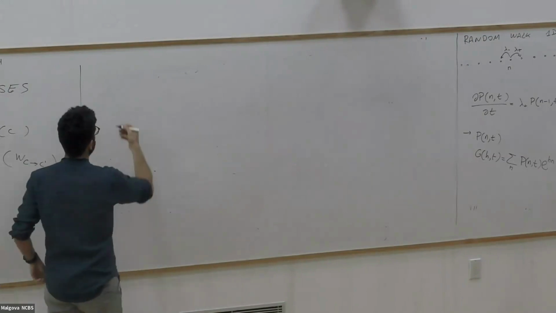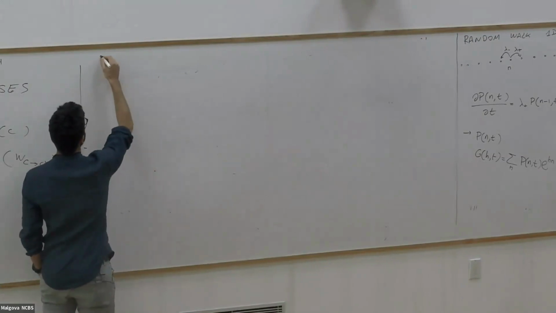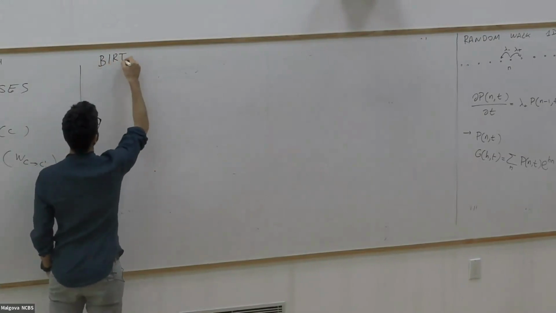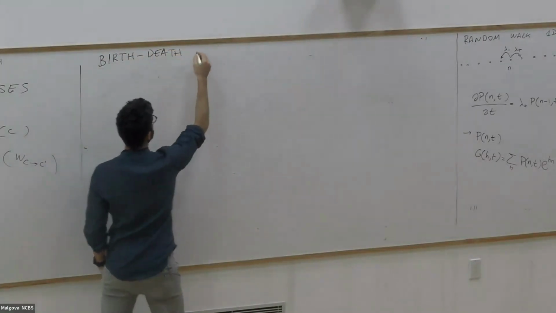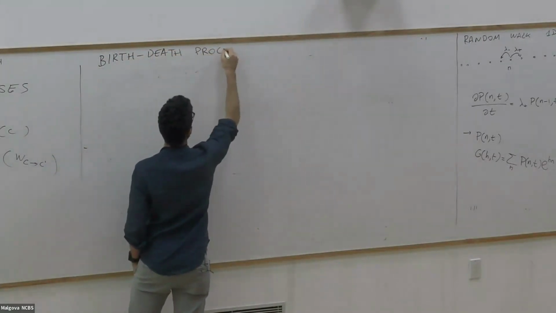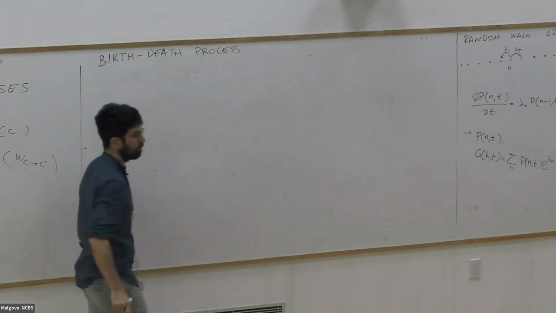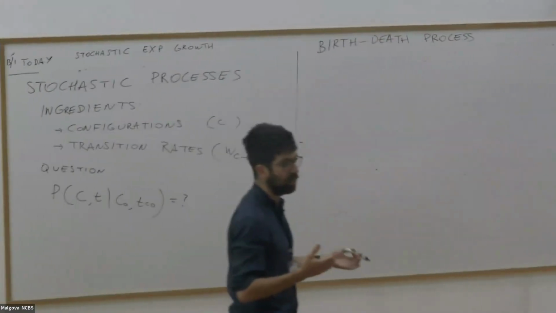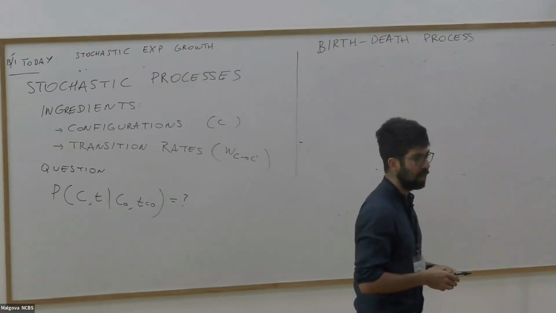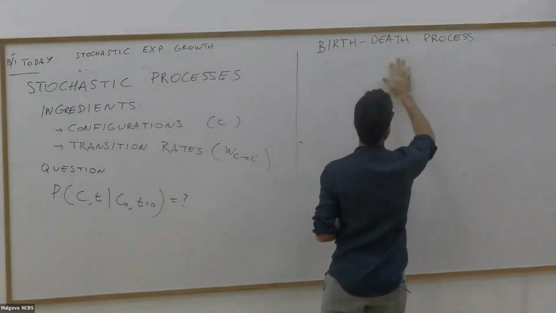Okay. So the first model I want to consider is what is called a birth-death process. And it describes very simply a population where there are individuals that have some birth rate and death rate. Right. Now, if you remember exactly 1 week ago,